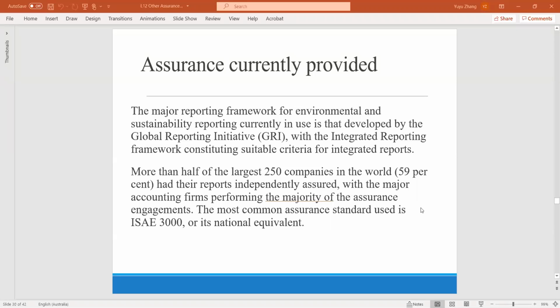But if the assurance is provided by the industrial consultants, if the standards are from the other discipline, we often could see high-level assurance